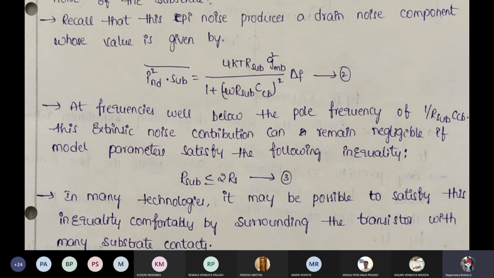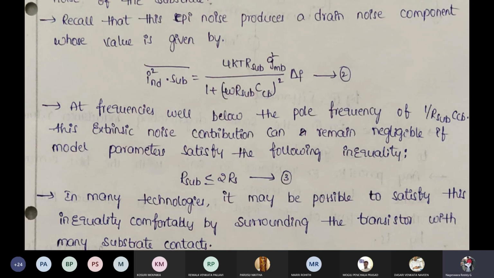the RMS value of the drain noise current: I_nd squared is equal to 4kT R_substrate gmb whole squared times delta f, divided by (1 plus omega R_substrate C_b) whole squared. That is equation 2. At frequencies well below the pole frequency of 1 by R_substrate C_b, where C_b is the base capacitance,